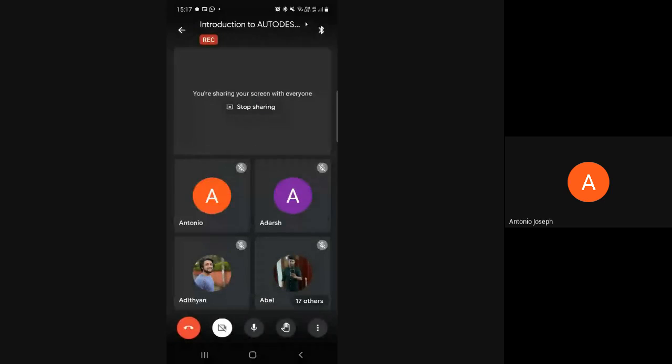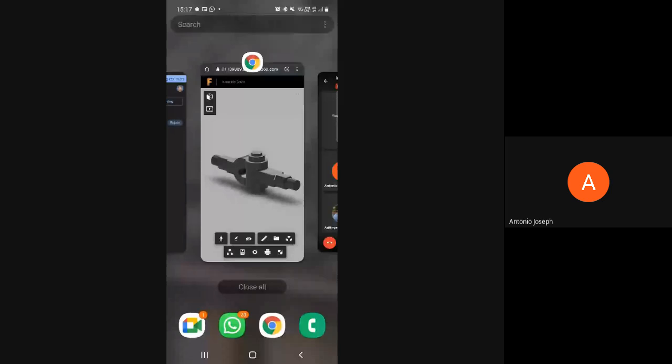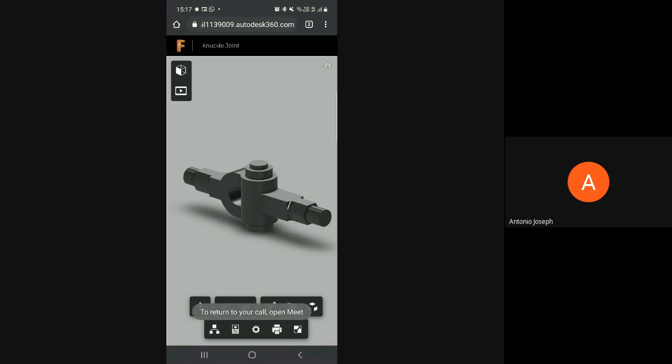That's what I was also thinking. I'll stop the sharing and reshare. Yeah, I think now it is visible, right?